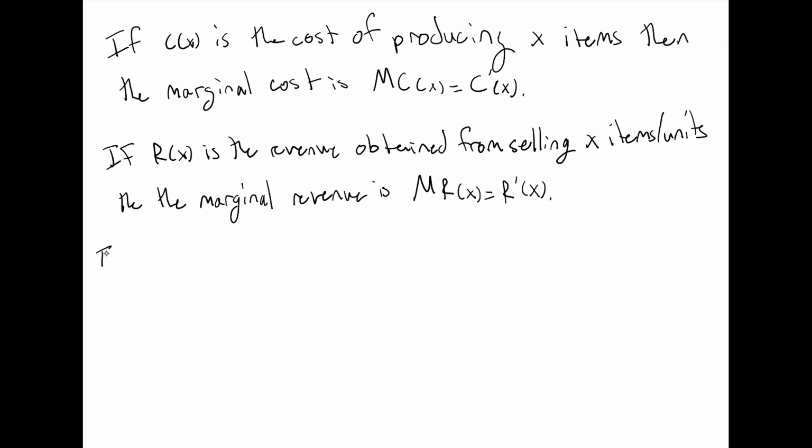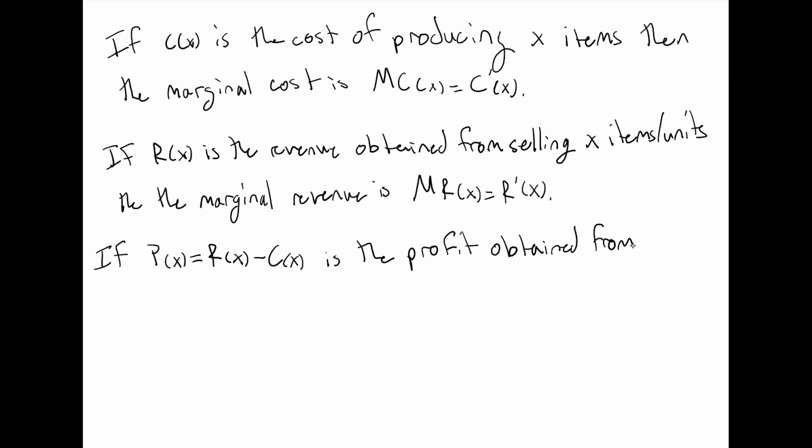So if P of X, which is equal to R of X minus C of X, so our revenue minus the cost, is the profit obtained from, say, making and selling X units,